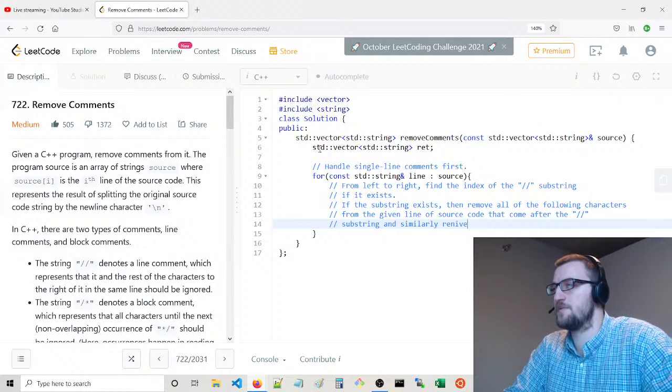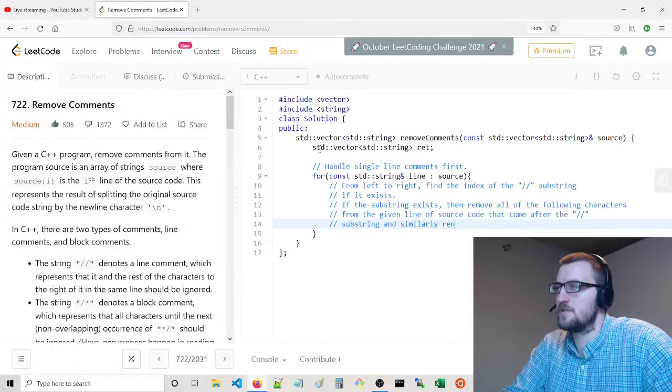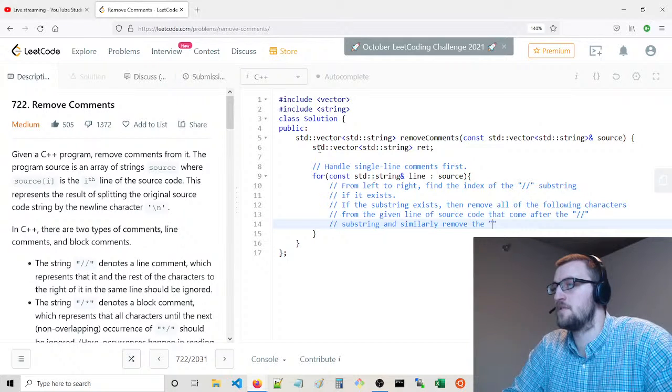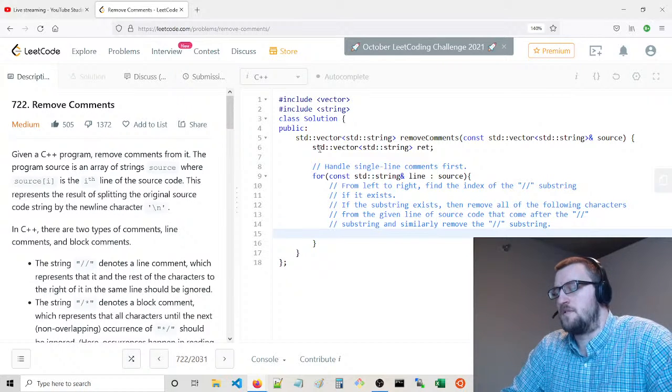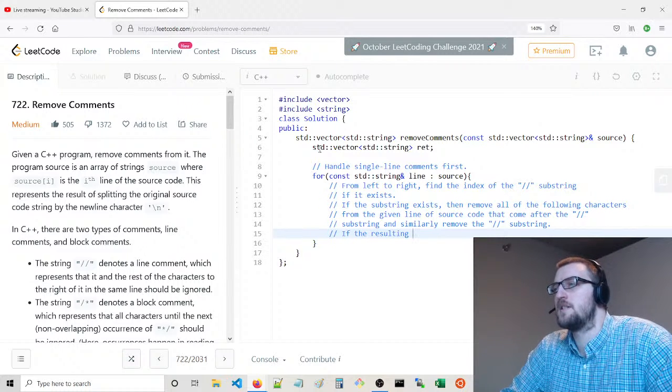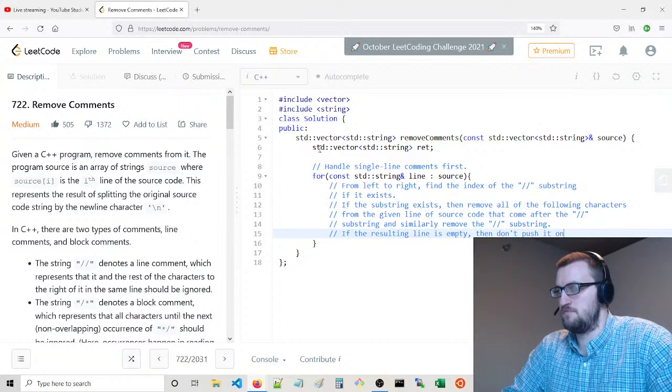Similarly, remove the other substring. If the resulting line is empty, then don't push it onto the return vector.